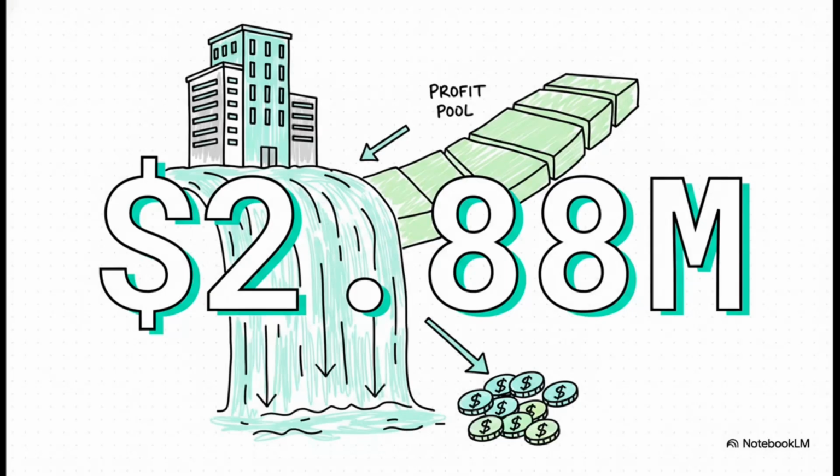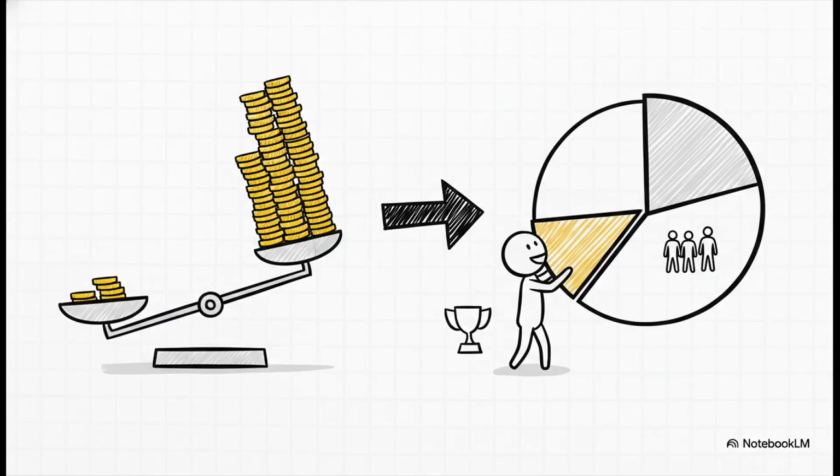So what does that look like in real numbers? Well, let's say our deal took 4 years. That 8% per year on the LP's $9 million investment adds up to $2.88 million. So out of our $5 million in profit, this entire amount flows directly to the LPs. All right, after everyone's got their initial money back and the LPs have received their preferred return, now we get to the most interesting part, the promote.